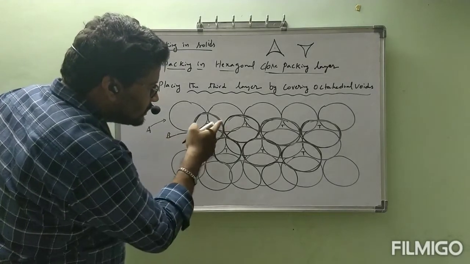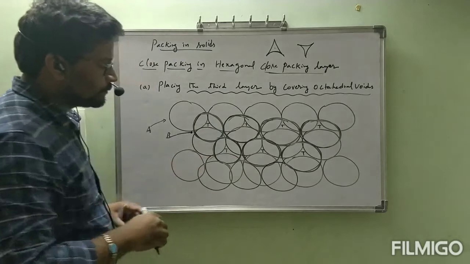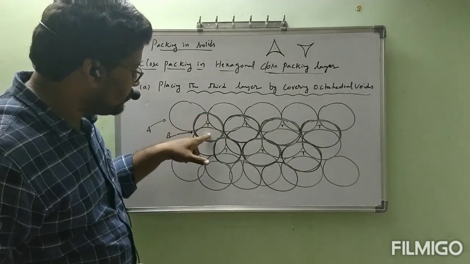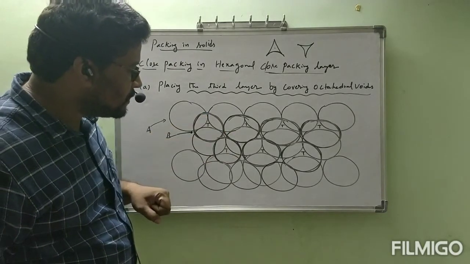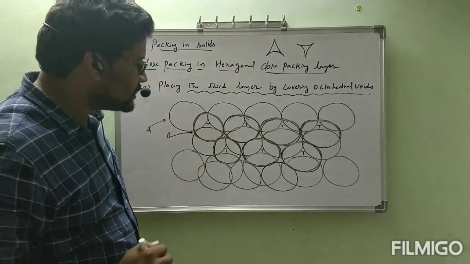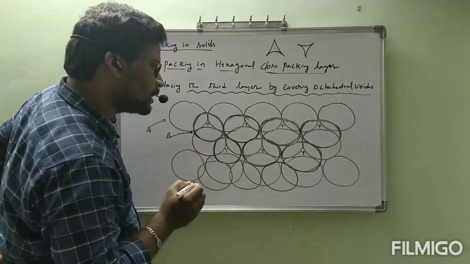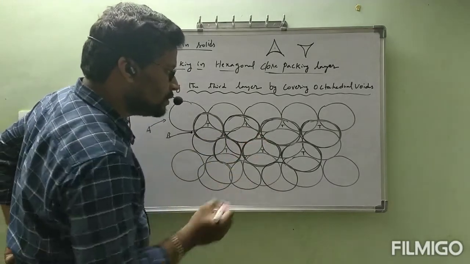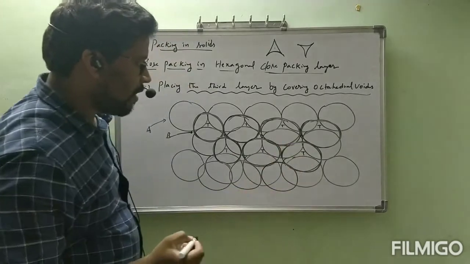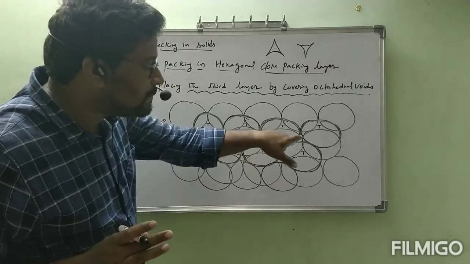Observe here. 3 particles are present like this. 3 particles are present below. 1, 2, 3. These 3 particles below. These darkened particles are there, na, 3 particles, those are above. That gap is there in between them, that is O, octahedral void. This is also O, and this is also O. Correctly, if you see the animation video, this gap is clearly visible.